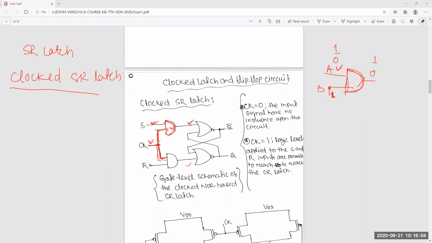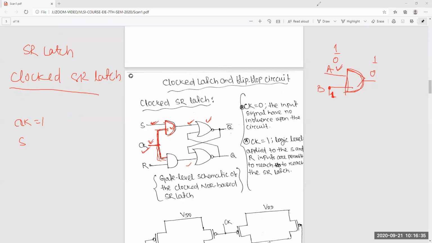If you use an AND gate, you give 1 as enable. That means when the clock is equal to 1, this will be on and the function will be the same as the NOR latch we discussed initially. Similarly, you can see clock equal to 0 and clock equal to 1. You get the same function, but the only thing is the extra control.